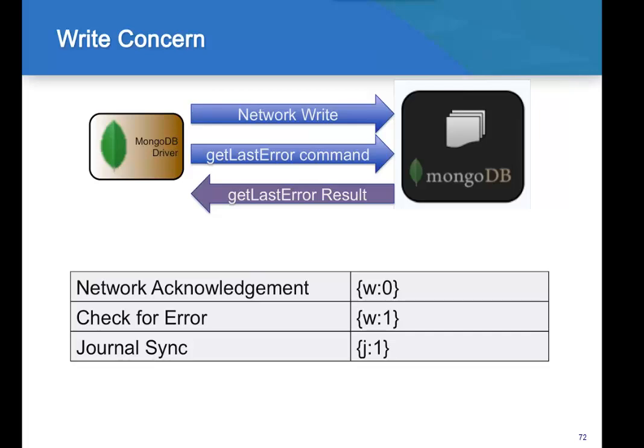For a single node, there are 3 levels of write concern that you set. So there's network acknowledgement, checking, and then there's journal sync. So what network acknowledgement does is the